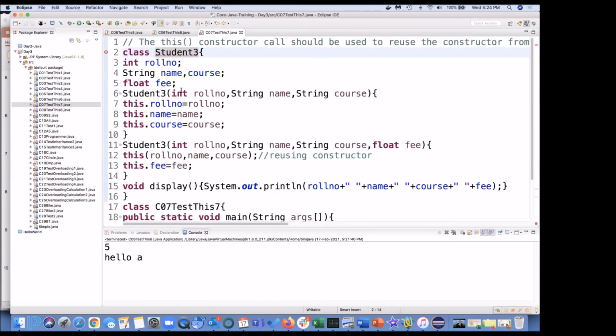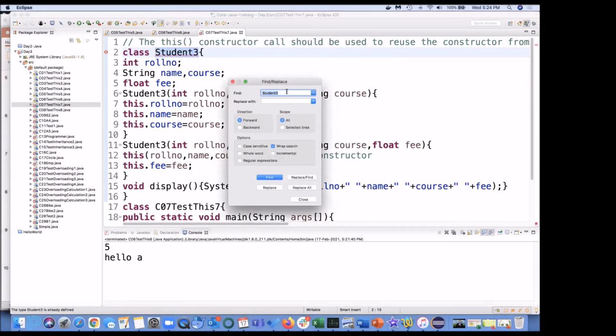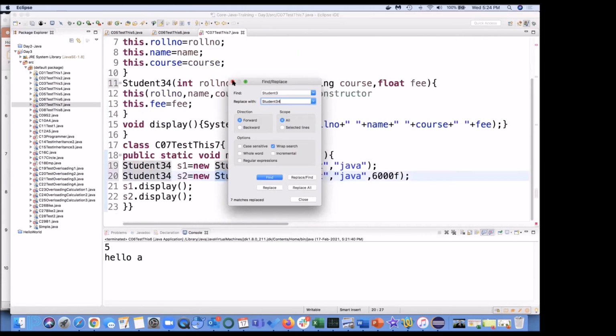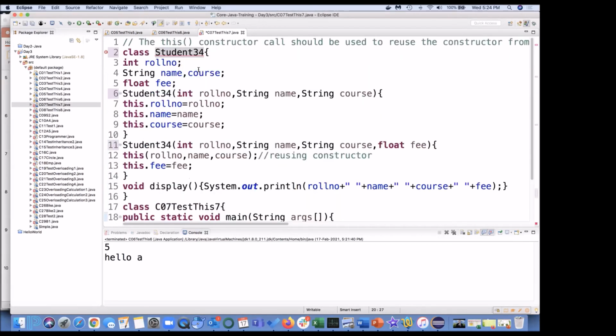Oh, what? Student 3 is already there somewhere. No problem. Okay, fine.